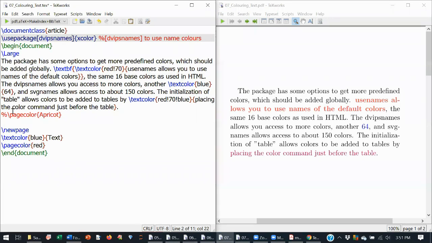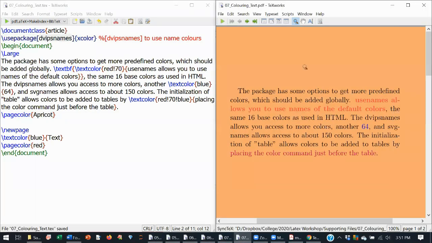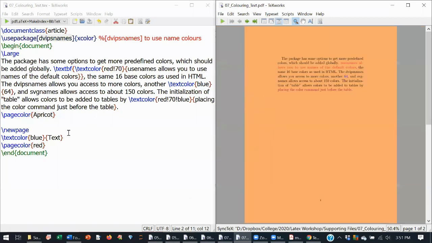So here I am going to use a color known as apricot. I am going to give the page color apricot. So if you want to give this name coloring, you have to use the argument dvipsnames. See, the page is colored.